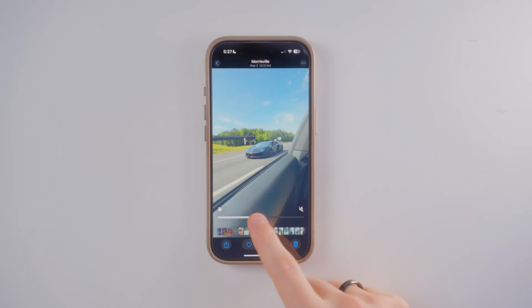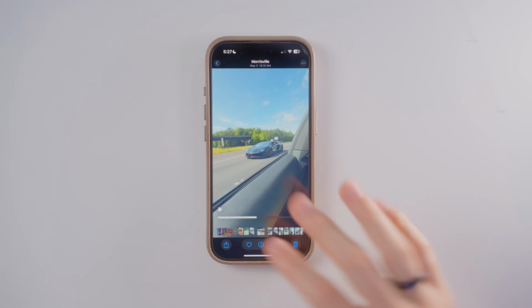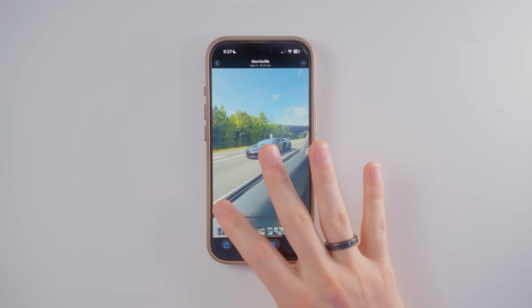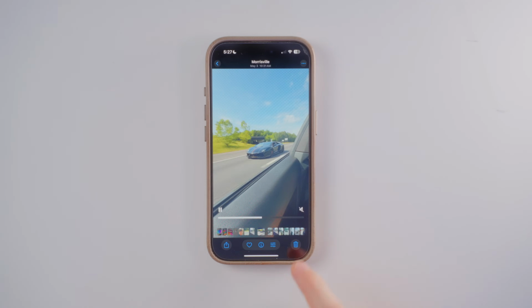What is so slept on that few people talk about is the fact you can actually color correct your video straight from your iPhone, and it's really good. Take this video for example. This is a beautiful roller I shot of a Lamborghini Aventador, and you can actually color grade this to look a lot better than how it already looks. As you can see, the enhanced stabilization makes this shot look beautiful and buttery smooth,